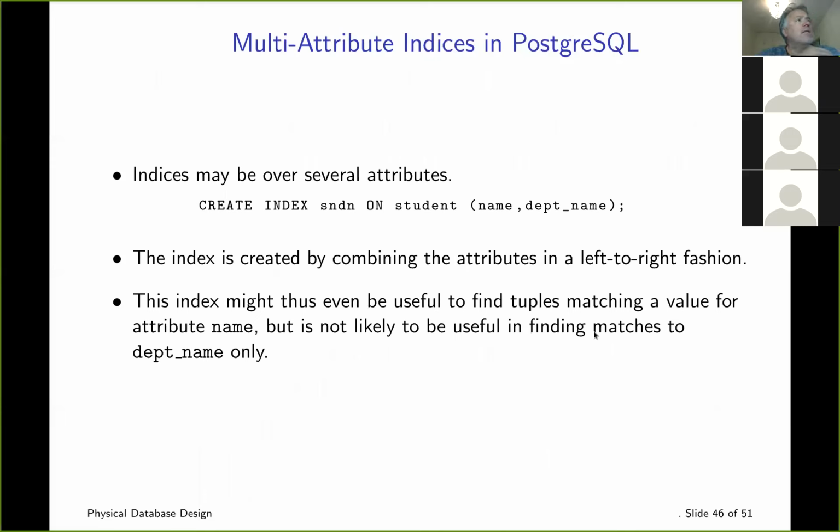Then there's the issue of having multiple attributes. In this university example, it's so small that it's not going to make a difference. But in the example recitation, this will actually make a difference, and we'll explore some of this. So what this is doing is creating an index where the name is